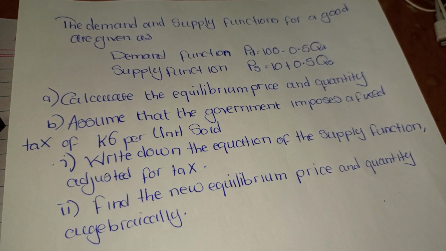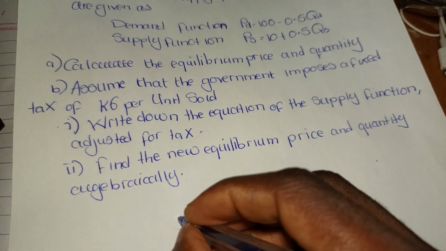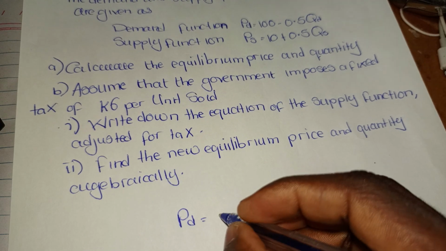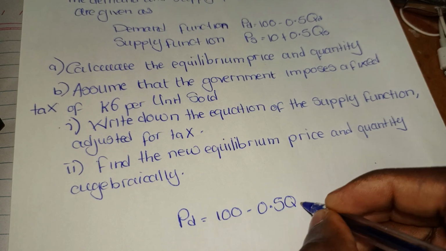Your host, Golden Zulu. So today we have one interesting video that includes taxation in calculation of both the demand function and supply function. So the first question reads: calculate the equilibrium price and quantity. We know that when they talk about equilibrium, it means the demand function and the supply function are the same. So we just rewrite the demand function, which is given by PD is equal to 100 minus 0.5